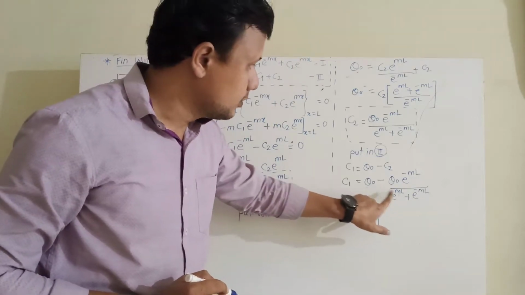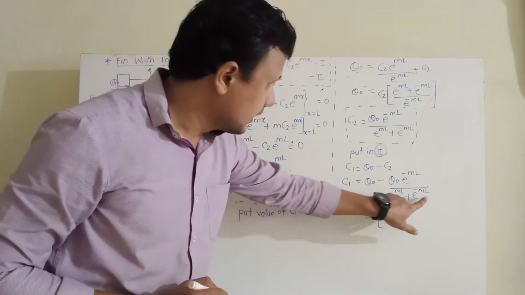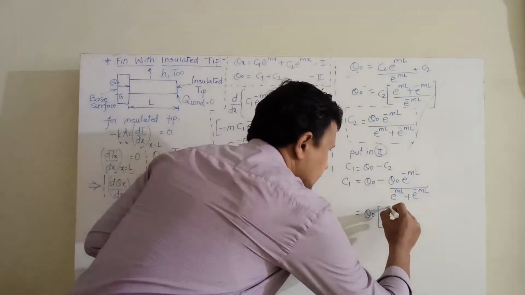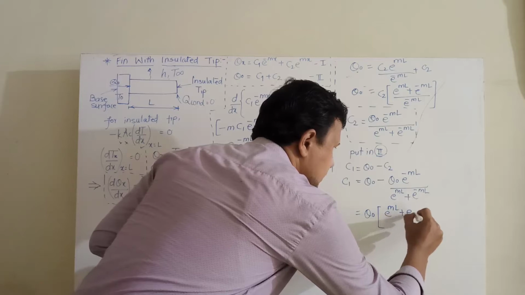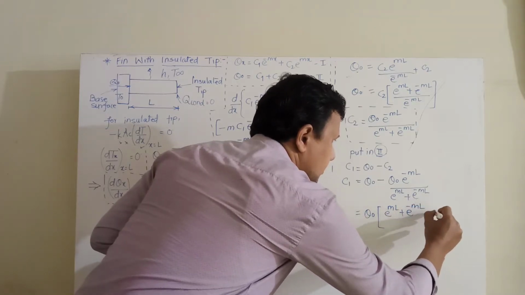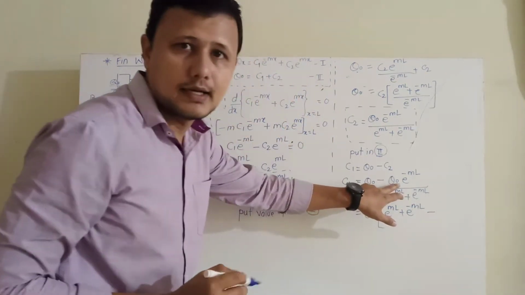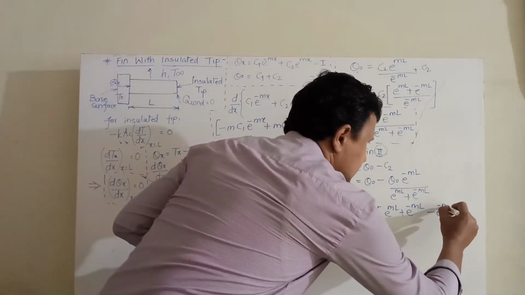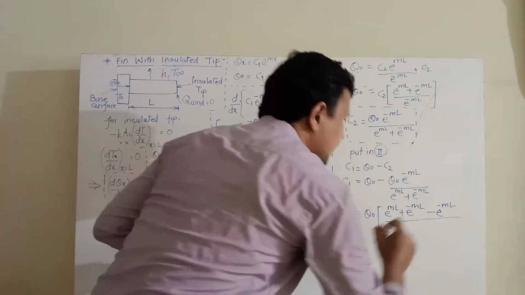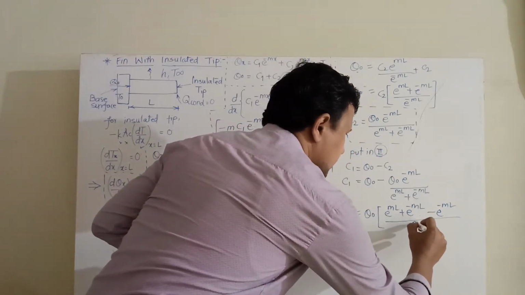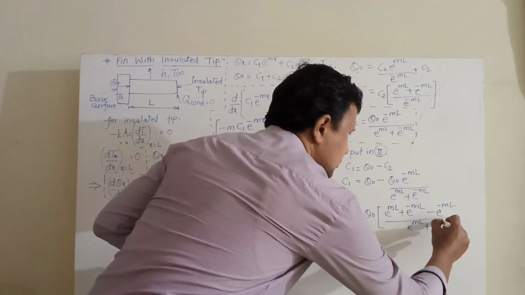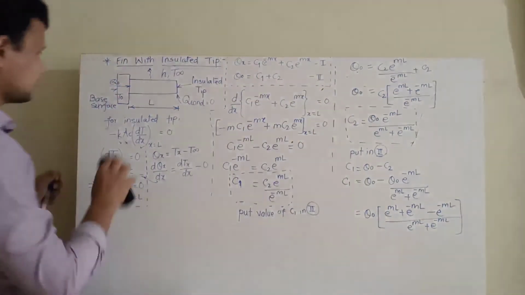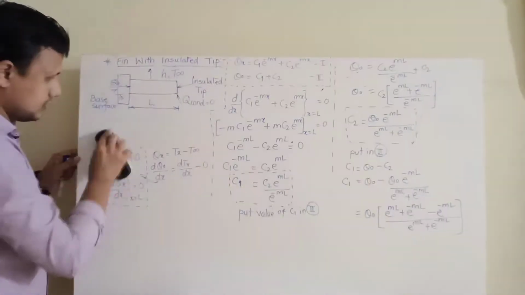So I hope you solve it. So I can take LCM of both the terms. So it will directly give me e raised to ml plus e raised to minus ml minus, because theta 0 is taken out as a common parameter, so minus e raised to minus ml, entire equation divided by e raised to ml plus e raised to minus ml. So the benefit of this is, I will erase this, its job is done.